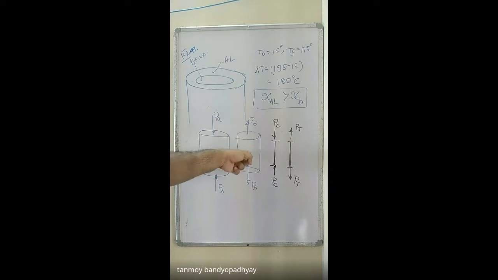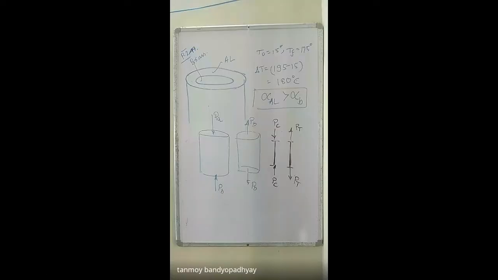So that is why it is under tension. And since, you could say, sir, it is trying to attain equal length? Exactly, very good. Both are trying to attain an equal length. So the part that is getting more away from equal, the other part is trying to pull it down to that normal, to that equal length. And the part which is expanding less, the other part is trying to expand it more.